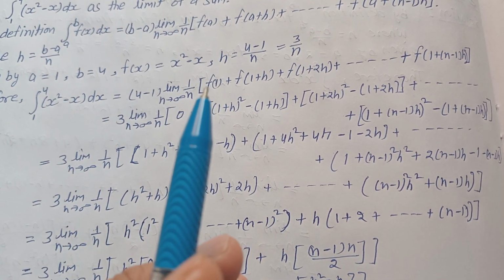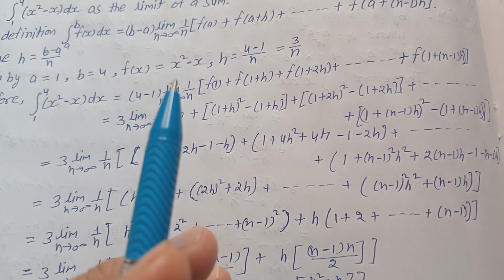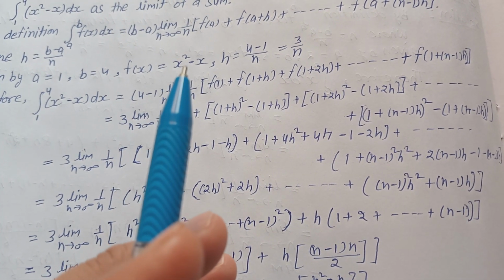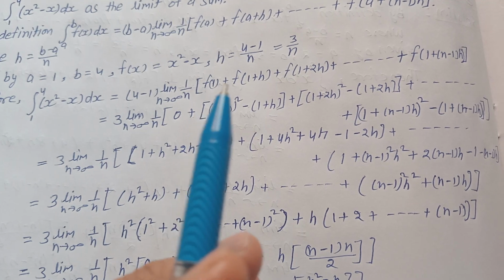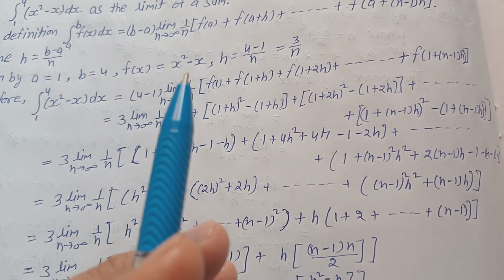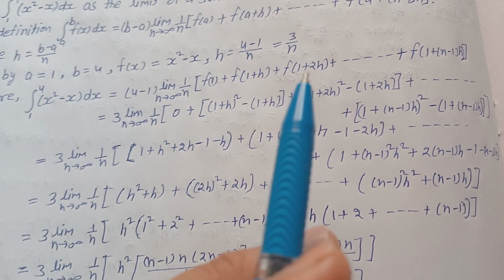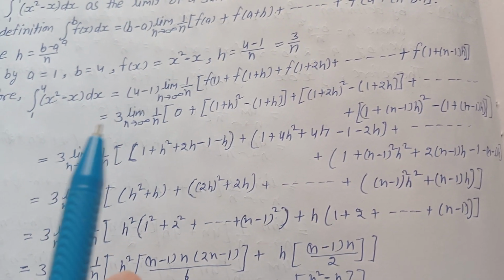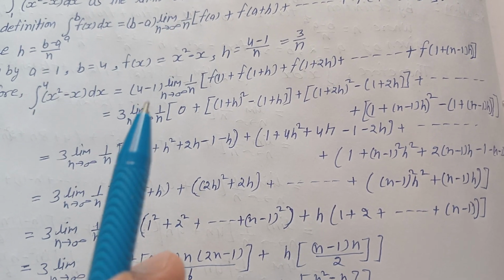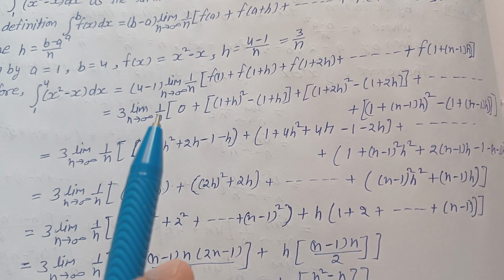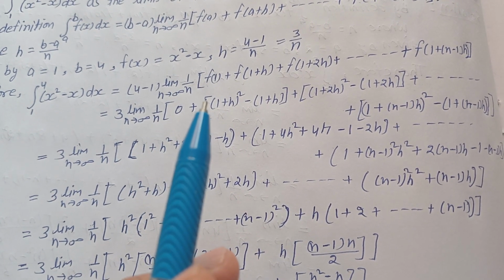Put the value to find the f of 1 values. Put x value as 1, so 1 square is 1 minus 1 is 0, and f of 1 plus h means x value put 1 plus h, so (1 plus h) whole square minus (1 plus h), and this way we express all terms. So it is equal to 3 limit n tends to infinity 1 upon n, since 4 minus 1 is 3,